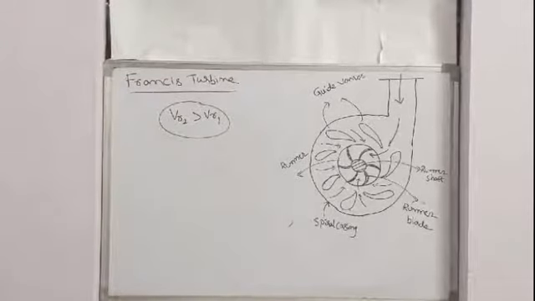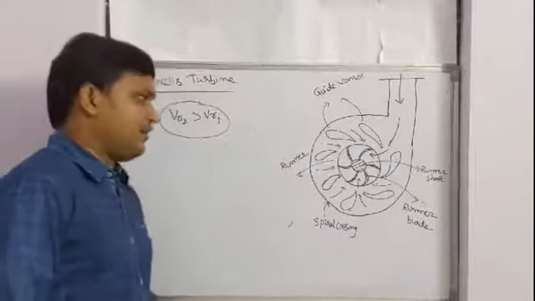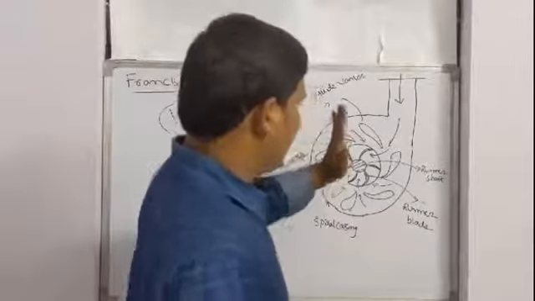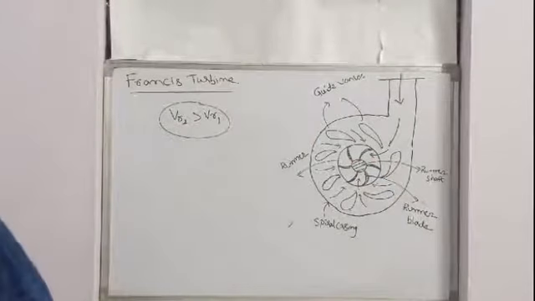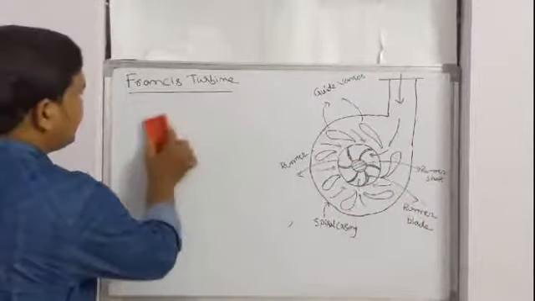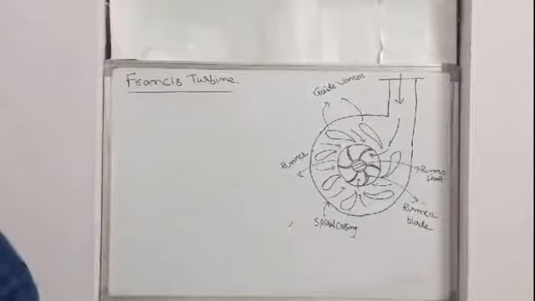Coming to the construction features of the Francis turbine, it is a combination of both impulse and reaction, using both impulse action as well as reaction force. The main reason for the higher efficiency of the Francis turbine lies in the design of the blades. The higher efficiency of the Francis turbine depends on the runner blades. The runner blades are backward type blades. So this is a Francis turbine.